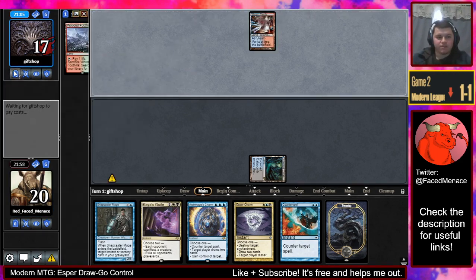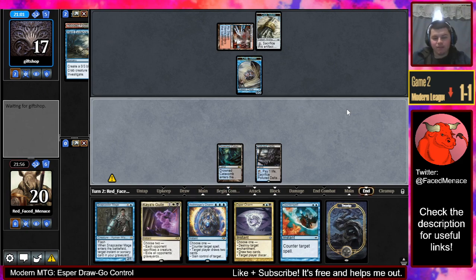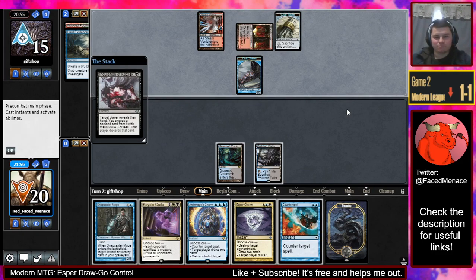They have Steam Vents and Hard Evidence. Yep. There's our fetch land, which we'll play and pass. Fetch land was a fantastic draw. I mean, we had 8 of those to draw, so...